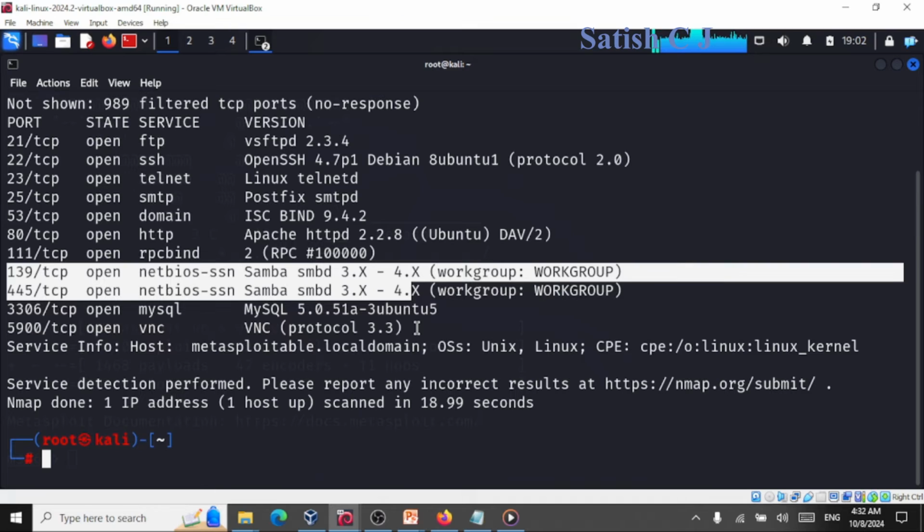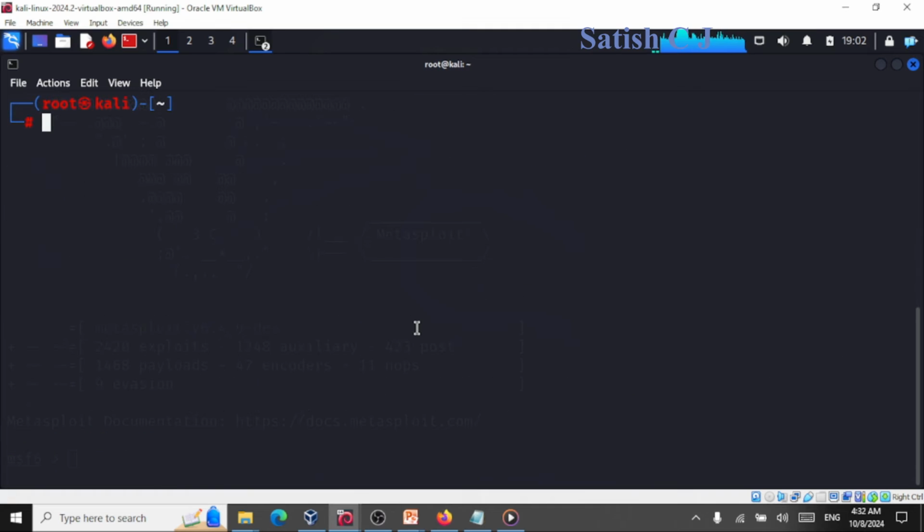The next thing we can perform here is we can try to get, let me clear the screen, a list of shared directories, a list of shares from the victim. So what are the folders that are actually shared by the victim? For that we can run a simple command like smbclient -L to list all the shares on the victim. So you give the victim's IP